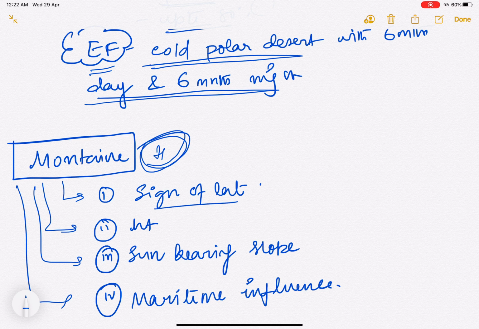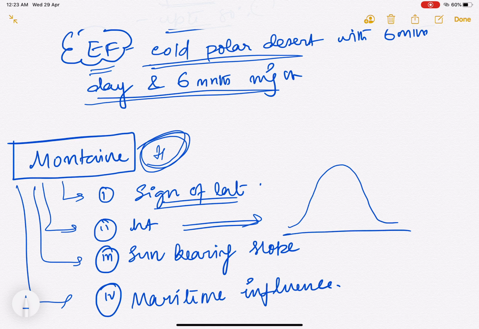First of all is the sign of latitude. Now, within the sign of latitude, you'd see that the mountains which are in the tropical region have a different kind of vegetation when compared to the mountains of the temperate region. Next, with respect to height, it says that,